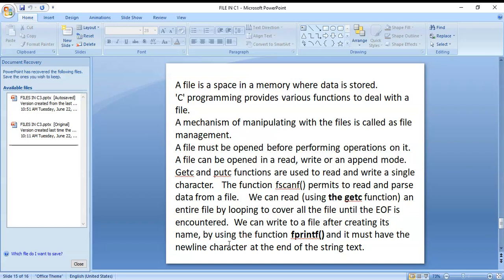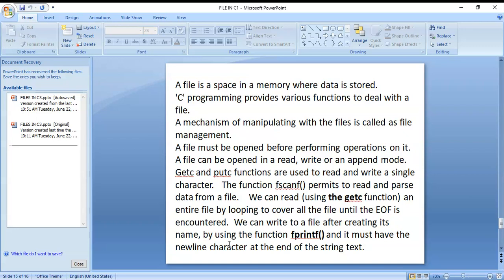Okay, next here you can see that C programming provides various functions to deal with files. A mechanism of manipulating files is called file management. A file must be opened before performing any operation on it.